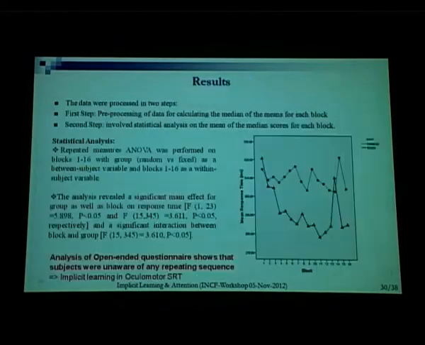So, when we do the debrief using a questionnaire, what we show is subjects are unaware of a repeating sequence, and this particular paradigm is very good, unlike the visual one. It's very fast, 100 milliseconds, and the implicit learning can be very effective because it goes so fast, there is no real danger that they can actually guess what's happening.